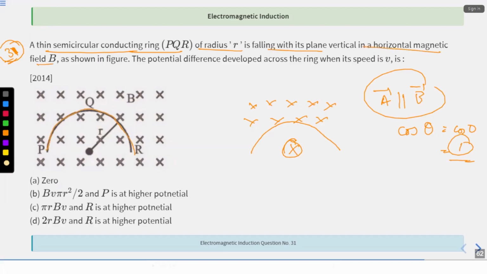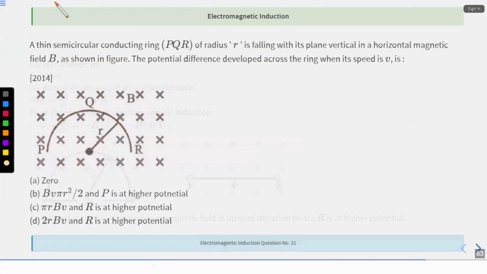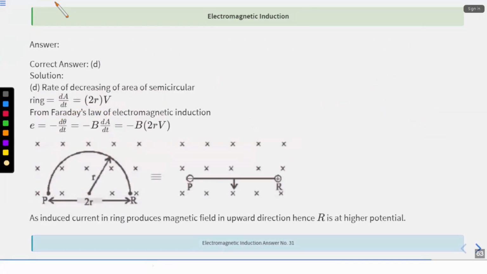In a horizontal magnetic field B as shown in the figure, what is the potential difference developed across the ends of the coil when speed is V? So basically it is traveling with the speed V. So I need to again tell what is the EMF induced. Please first understand why theta is 0, because the area vector would again be in the parallel direction to this magnetic field. Inside or outside doesn't matter because we are not considering the sign here. So same thing, rate of